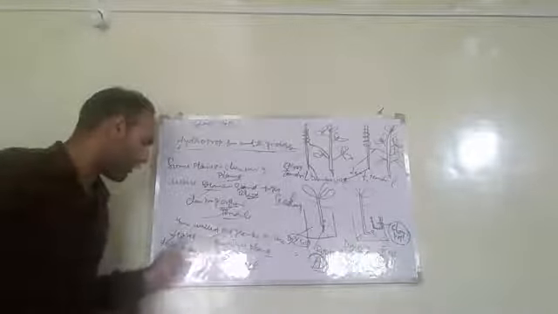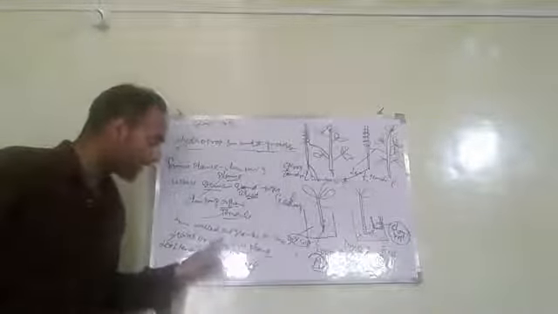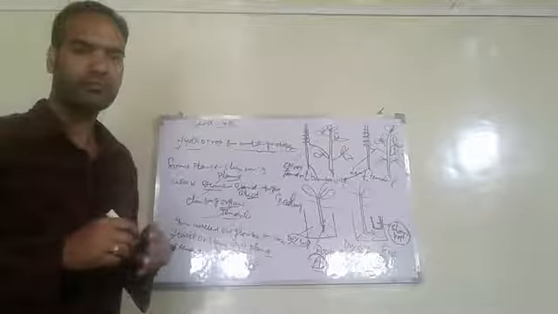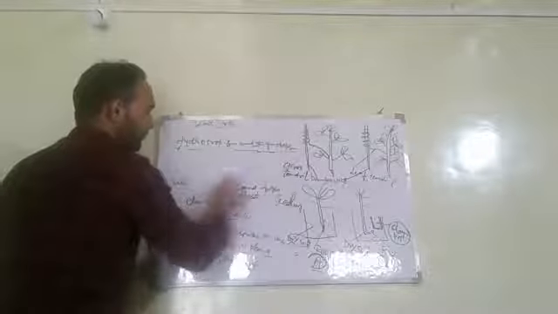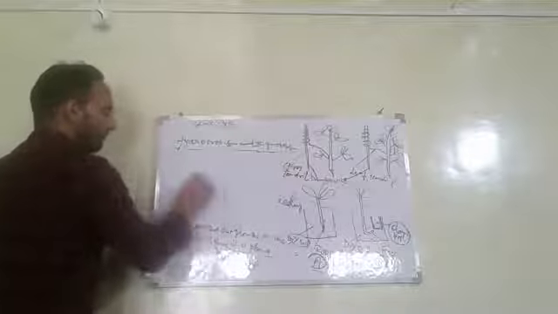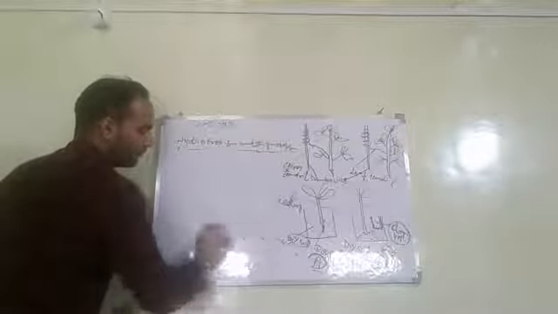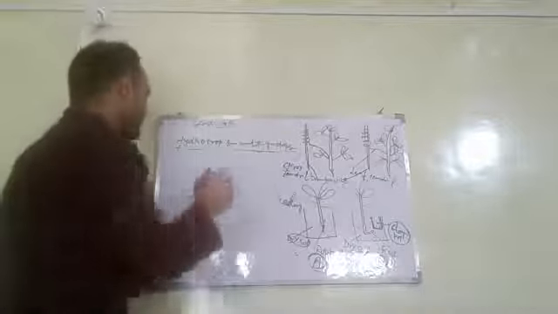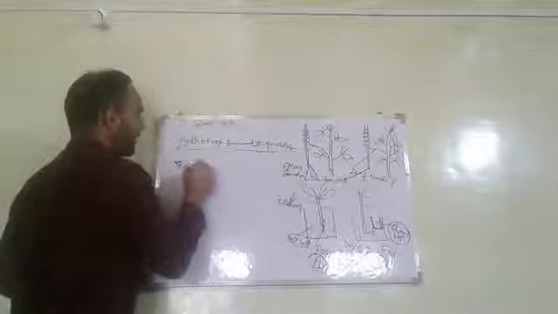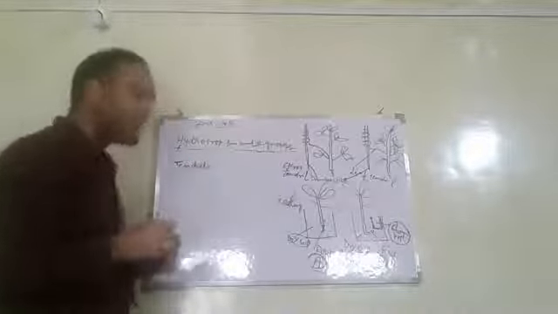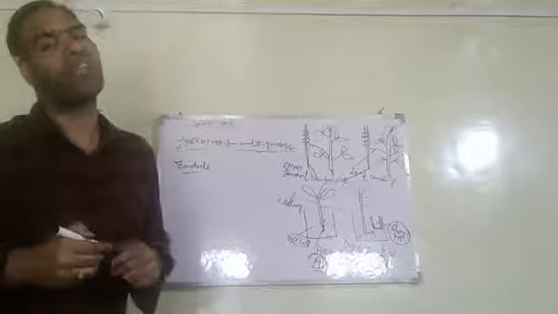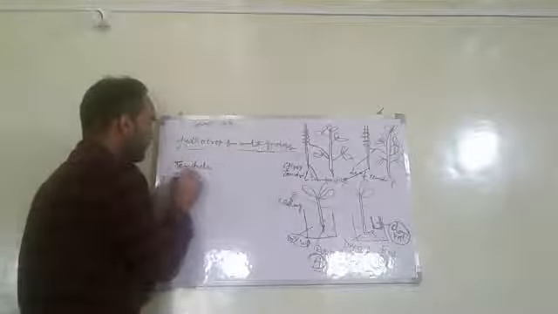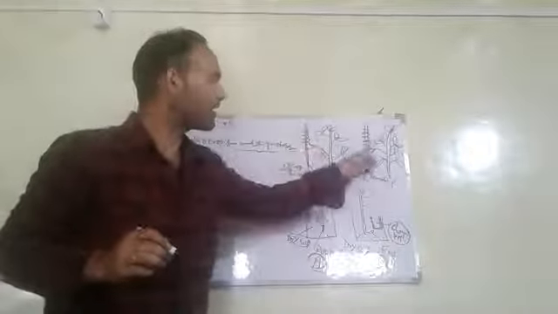These tendrils are of two types. If this outgrowth is present on leaves, then it is called a leaf tendril. If this is present on stem, then it is called a stem tendril. Now, this is the climbing organ present in climbing plants. When this tendril comes in contact with a solid support or solid object, here this is stem tendril and this is leaf tendril.